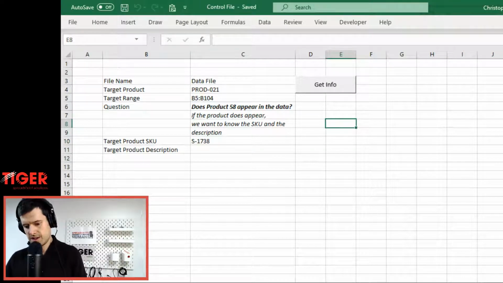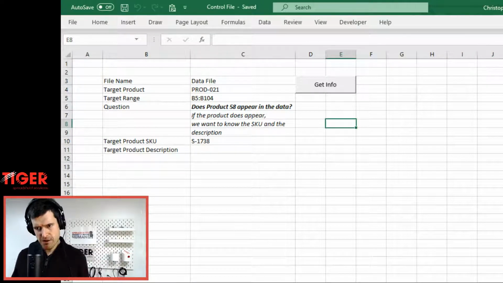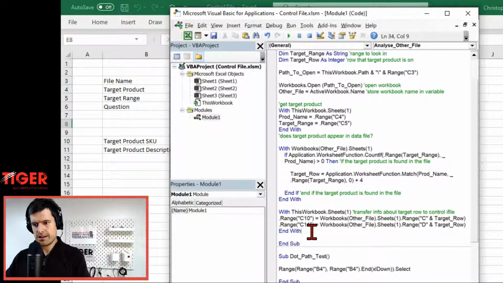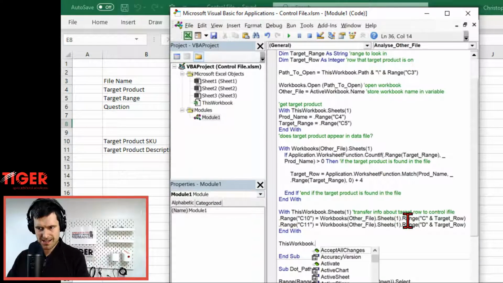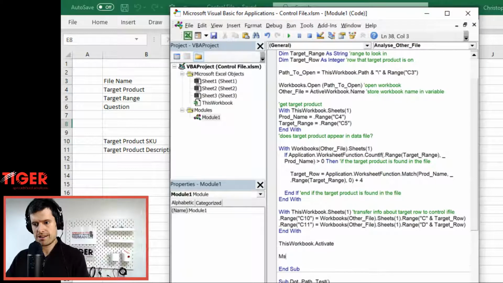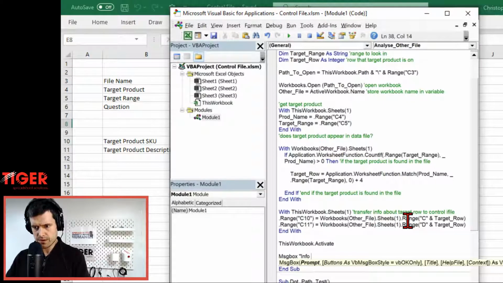Right, and something else I'm going to do. Did you see when we ran the macro last time, we finished on the wrong workbook? Now this can be really annoying for users. Make sure you get back to the right workbook or the right sheet, and ideally give them a message box too, telling them that something has happened. So let's do that. Let's say this workbook, which is the workbook that contains the code, .activate. Let's have a message box at the end, and info imported for,